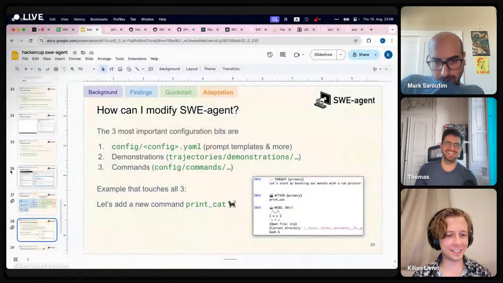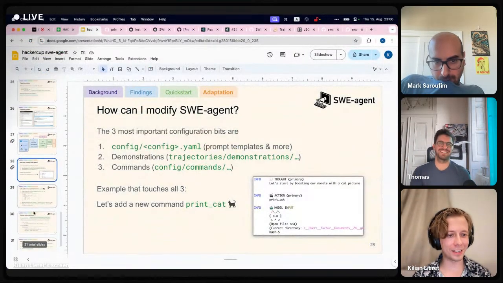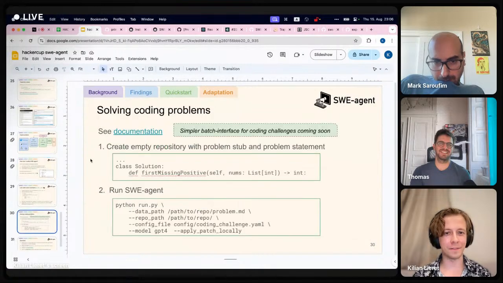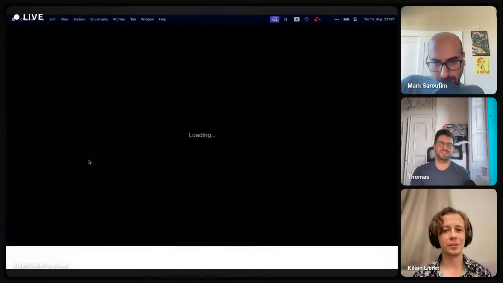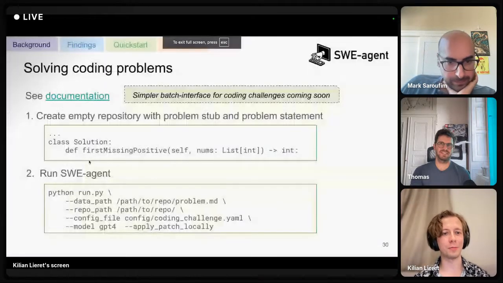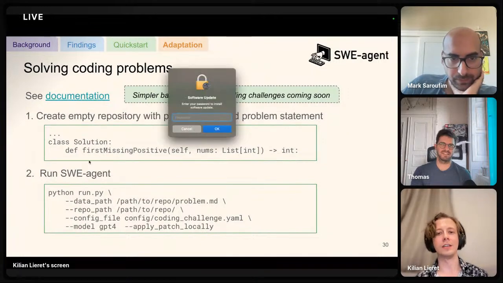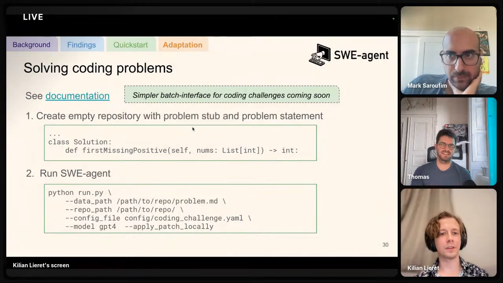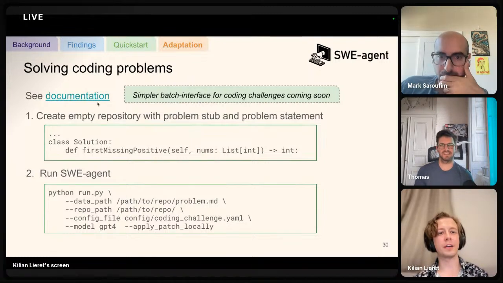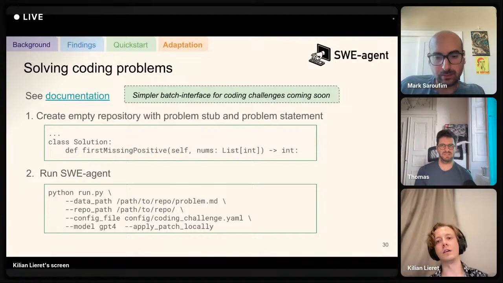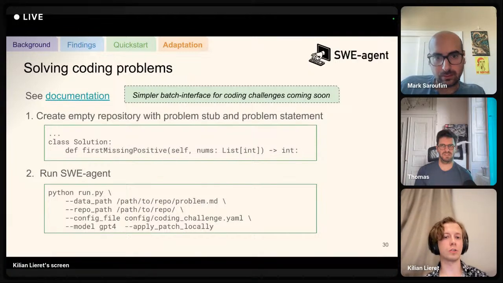So let me quickly switch back to the slides. This should be almost our last thing, in the interest of time. This is going to be about coding problems, where SWE-agent is going to be used in the hacker challenge. So we prepared a little bit of documentation on how to repurpose it for that. Right now, if you want to solve any kind of code competition things,